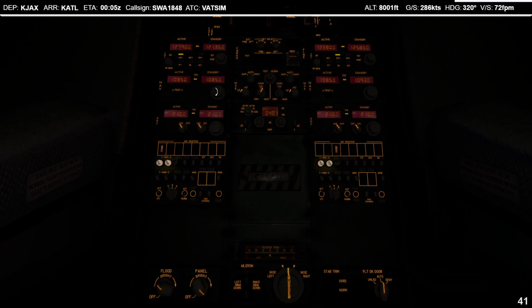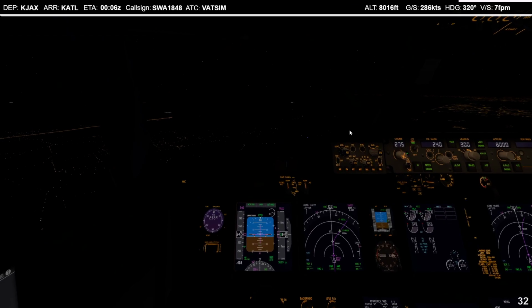You would set this in your standby in the nav panel here, and then you just hit this transfer button to activate it. If you see when I hit that transfer button, it switches over, and you're going to do the same thing over here on this side and set that. So get that set on both panels here, and that's very important for when you're doing an ILS landing, so that you can get the correct ILS